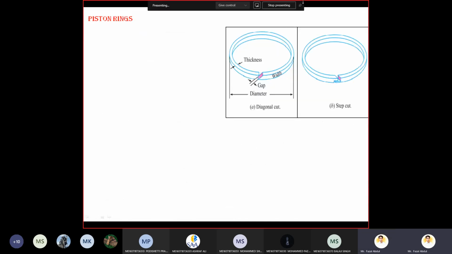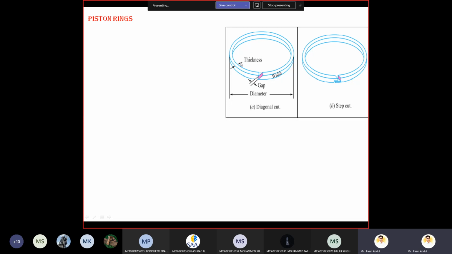Next element is the piston rings. Now see here, the purpose of the piston rings, I already said, is to prevent the gases from side leakage. These piston rings are used here. Now rings are provided with some gap here. The purpose of providing the gap here is,